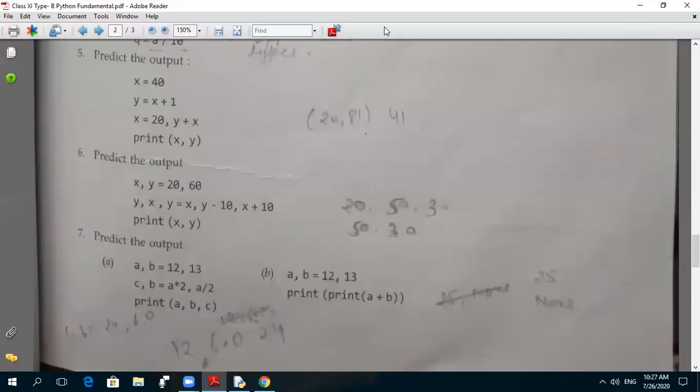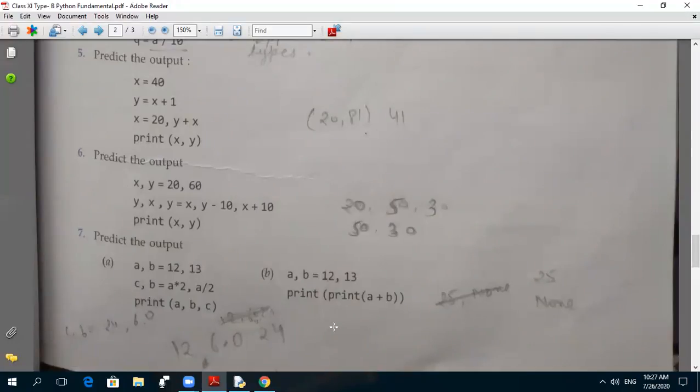Sir, A is... Sorry, Mubasir, what are you saying? Sir, the first one is done, but I did not understand the second. Okay, wait a minute. Now see, is the first answer correct or not? Everyone? Yes, sir. Okay. Now see the second one.